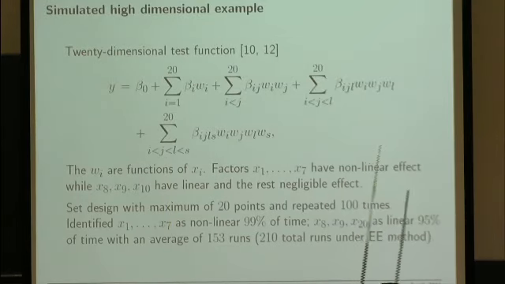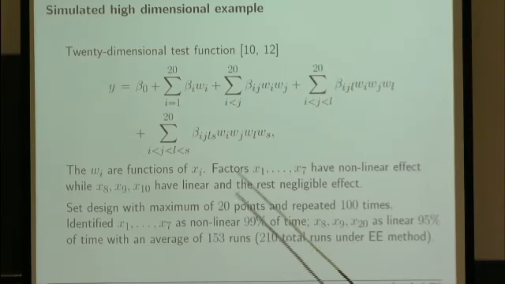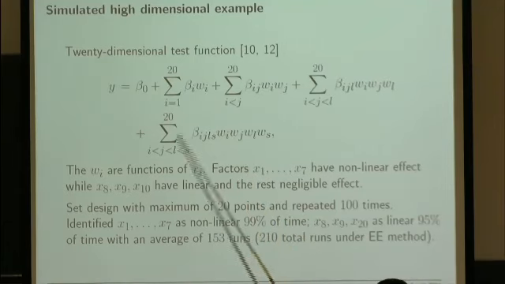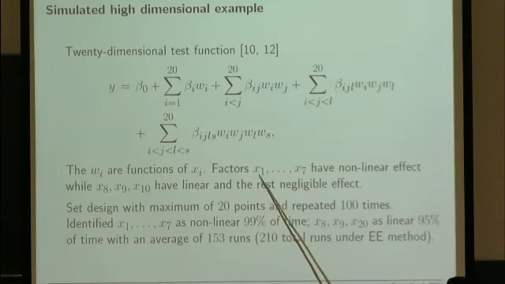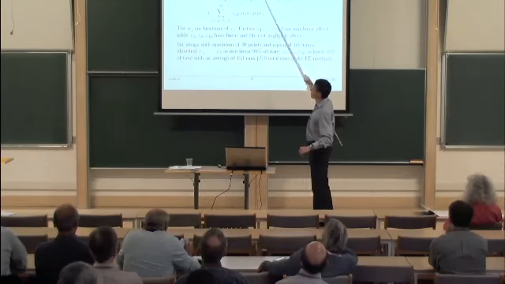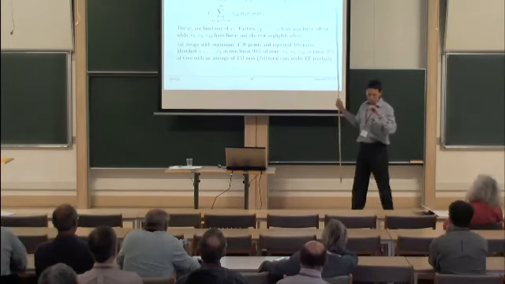Now this is my 4th point, which is this 20-dimensional function. So this was used as a test path. This depends on 20 inputs. The wi's are functions of xi, and analyzing this function, it turns out that only factors x1 to x7 have a nonlinear effect. x8, 9, and 10 have a linear effect. The rest, 11 to 20, have negligible effect. I'm just skipping the definition of which values the coefficients take, but it's the same function used in the Morris paper